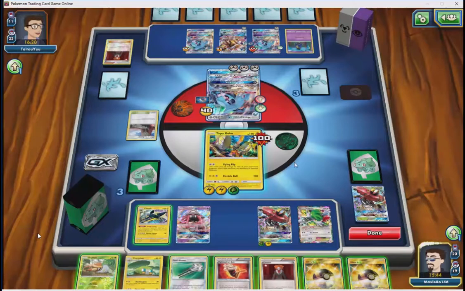Keep him from getting a fresh Solgaleo. Okay. To even up prizes. Yeah, to go down to 2 prizes, because you don't want to get into one. You don't want that to happen. And because you can take a knockout on any of their GXs right now, any of them. Sure. But you want to put the...